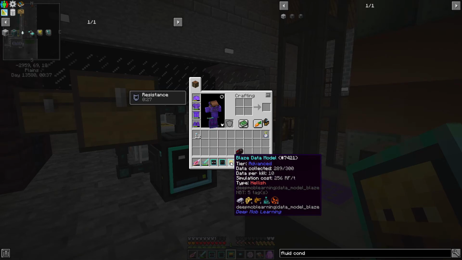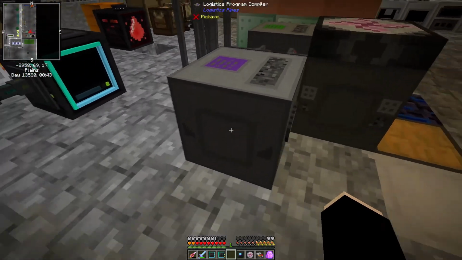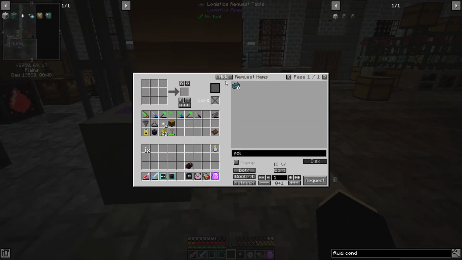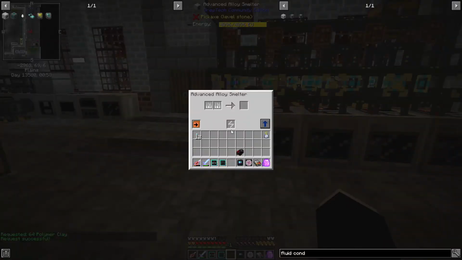So I think I'm going to get this one leveled up to the next tier, and with some polymer clay. And it will be cheaper in energy to run than any of the other ones. And apparently they will give the same amount of life essence. Now I'm really happy I set up this alloy smelter instead of the other one, because